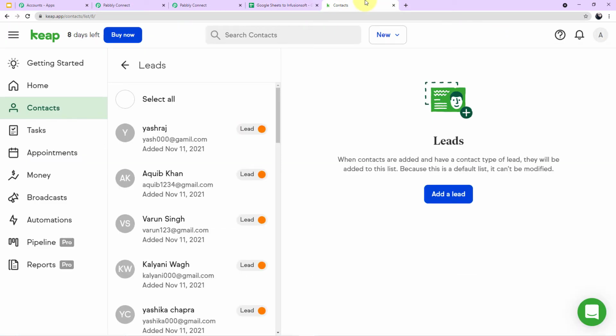We'll go to our Infusion account here and we will refresh the page. And guys, you can clearly see as soon as I have refreshed the page, automatically the information of our client which we have added in our Google Sheet has been added as a contact here in our Infusionsoft account. So now you must be thinking how I have managed to do this integration process, how just by entering the data in our Google Sheet, it can convert it into a contact and automatically add it into our Infusion account. So let me show you the process of integration on my screen, guys.